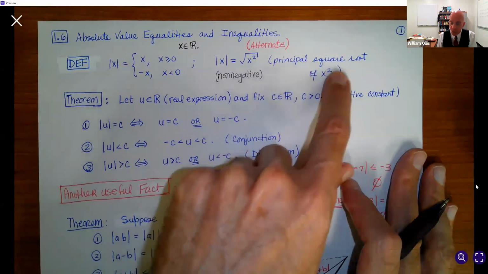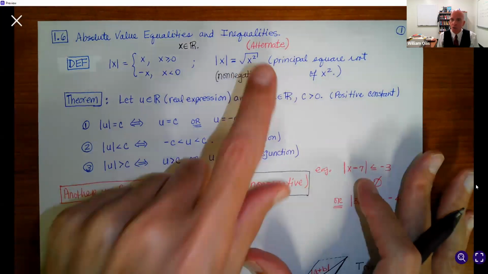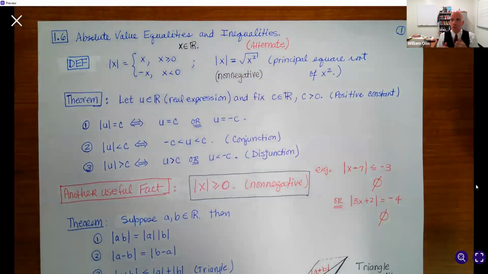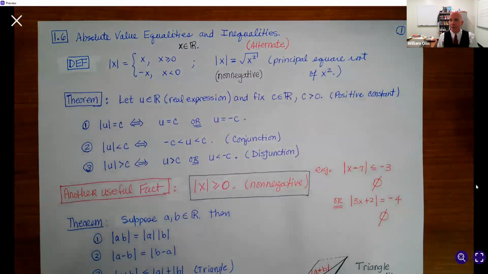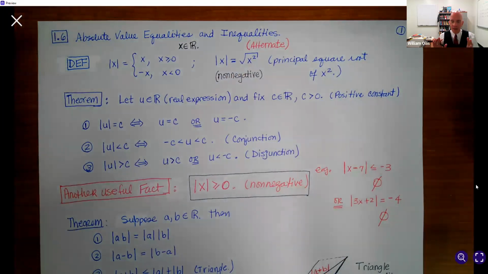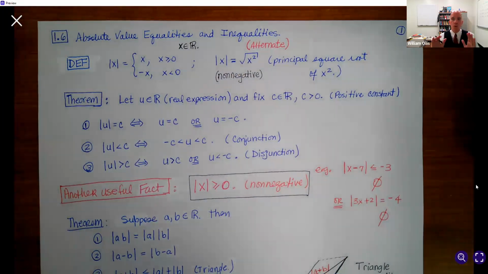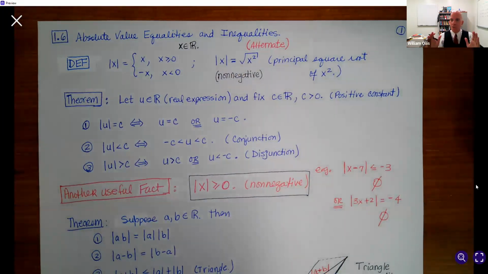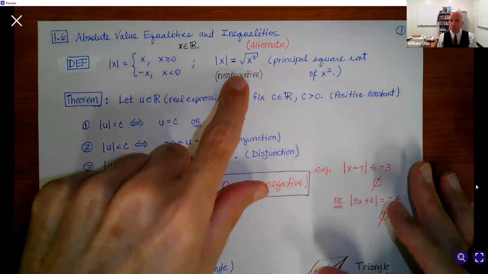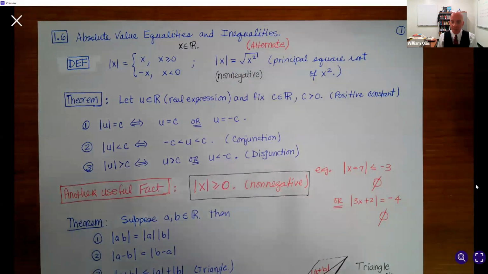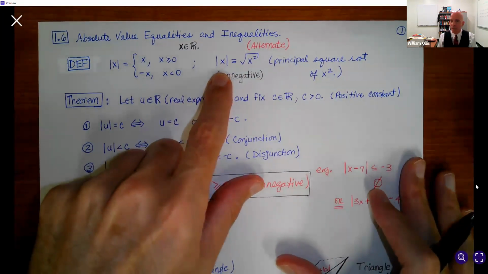Now, another thing that's important or useful is to sometimes write the absolute value of X as I've written here, the principal square root of X squared. Usually when we think of taking the square root of X squared and using the laws of exponents, we look at the 2 and the 1/2 as absorbing. Now, of course, before, when we were getting rid of radicals and we were squaring, our algebra was exactly the way we needed it to be. But when you flip it around and you're actually taking the square root of X squared, then that defines the absolute value of X,